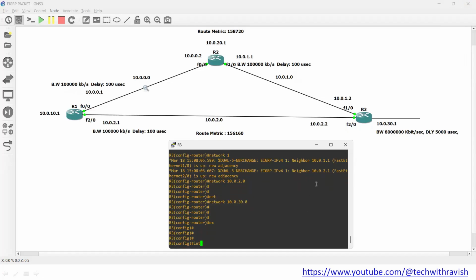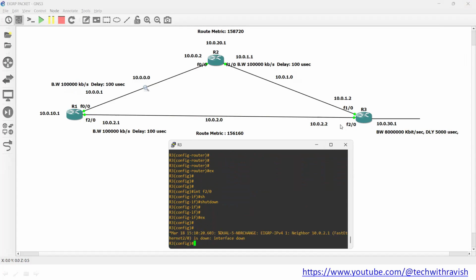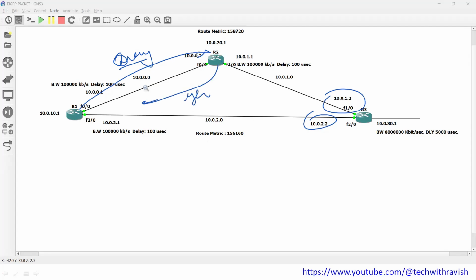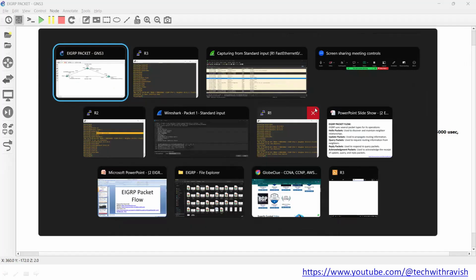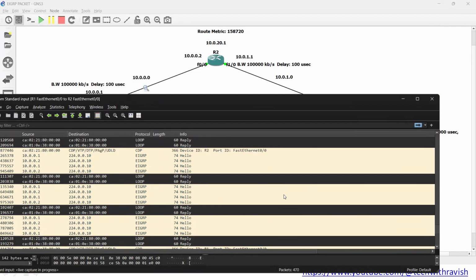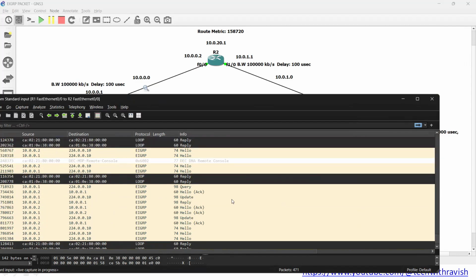Interface F2/0, shutdown. Whenever I shut down this interface, what will happen? Neighborship will be broken and these two networks are unreachable. Now the router will forward the query message, and this router will reply that yes, I have, this is my path to forward the data to the 10.0.30.0 and 10.0.1.0 networks. So let me show you the latest messages on Wireshark. In the latest messages we will find that, here you can see,